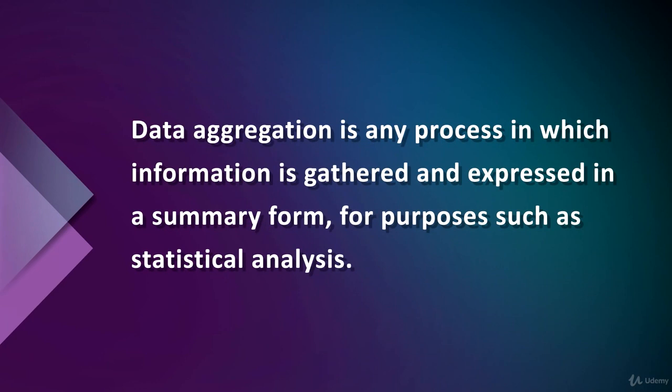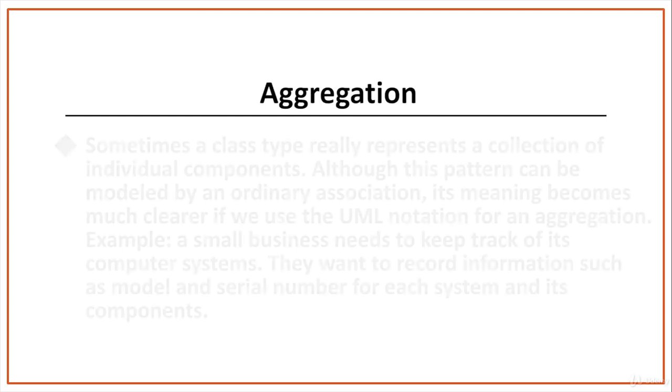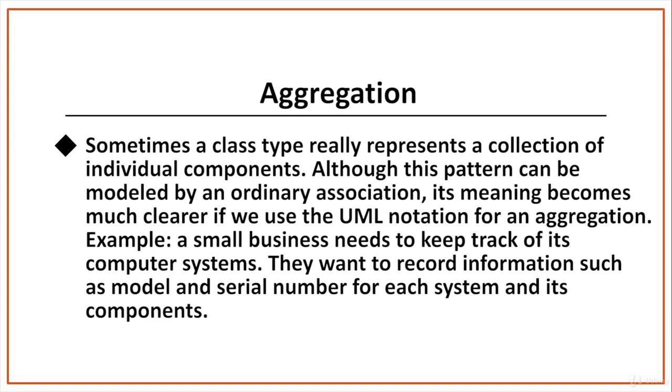Data aggregation is any process in which information is gathered and expressed in a summary form for purposes such as statistical analysis. A common aggregation purpose is to get more information about particular groups based on specific variables such as age, profession, or income. Sometimes a class type really represents a collection of individual components. Although this pattern can be modeled by an ordinary association, its meaning becomes much clearer if we use the UML